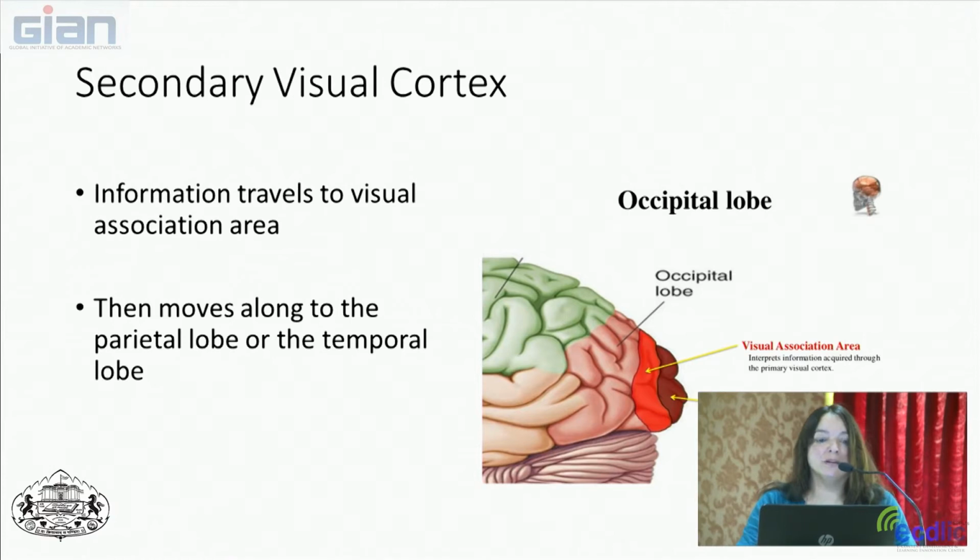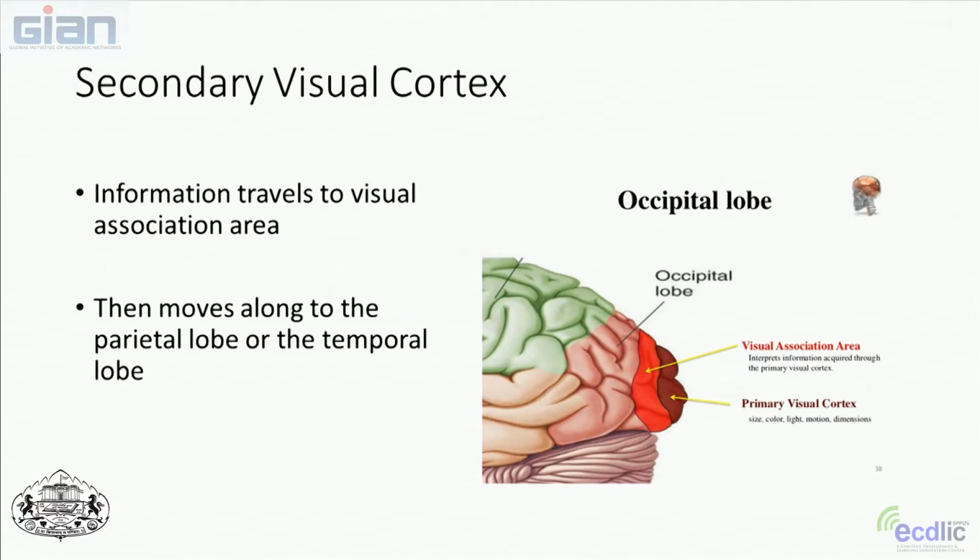I think all of the sensory information parts of the brain also have a secondary processing place. So the primary visual cortex is surrounded by the secondary visual cortex. And you can see the lighter red picture there. It says the visual association cortex. So after the information gets to the primary visual cortex, it then goes to this visual association cortex, and this is the area which interprets what the primary visual cortex sees, and then decides where in the brain it should pass the information to.